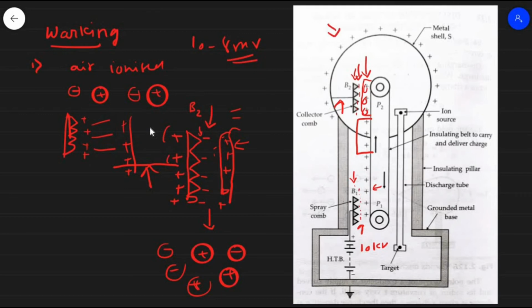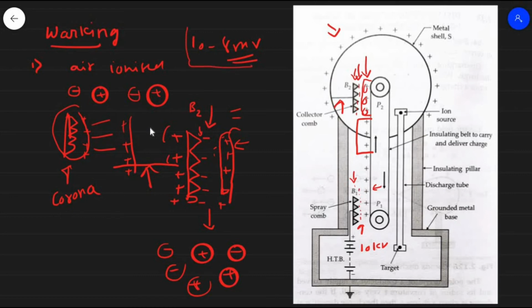So understood? This is a very important concept. The principle involved here is basically of corona discharge. We have discussed this principle in very detail in the previous video, so you can watch that video to better understand this concept, right? Now what will we do with such a high potential? What is the use of the potential?